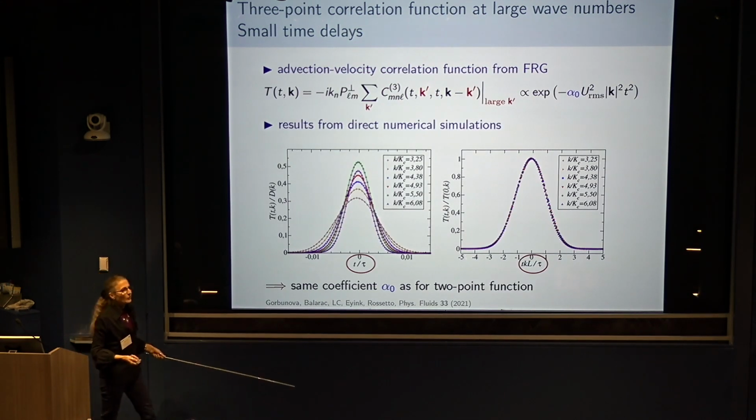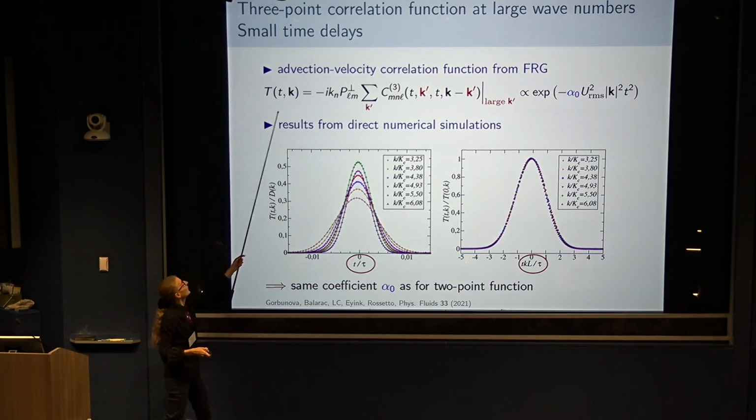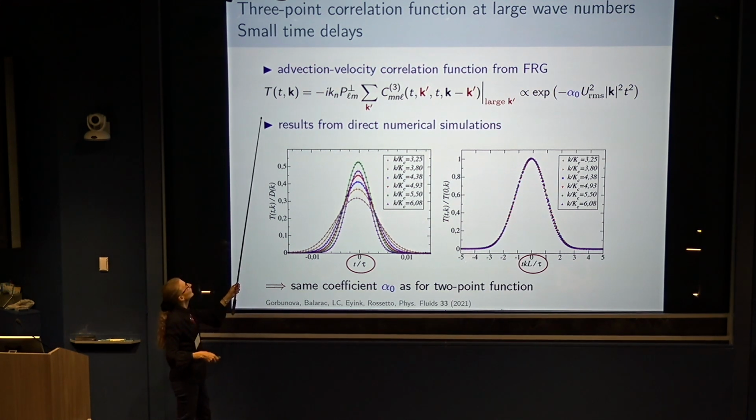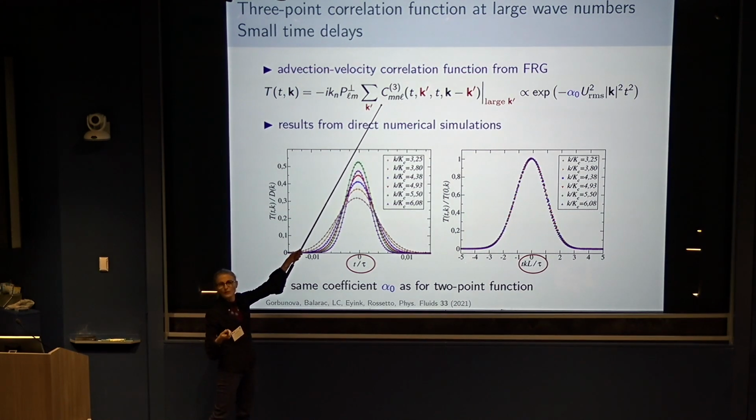Okay, so this is just a confirmation of what was found before. In principle, you have a formula for any n, but in numerics we could do only n equals 3, and a specific configuration of n equals 3, because it becomes quite complicated. What we looked at is an advection velocity correlation. So you take the advection term at a time, and you correlate it with the velocity at a later time. And if you write what it is, in fact, it is a combination of the three-point function,